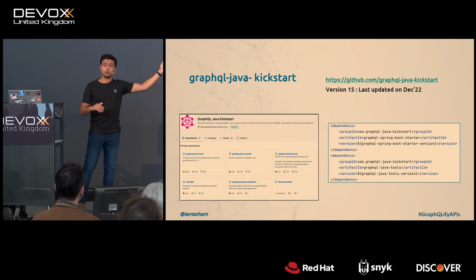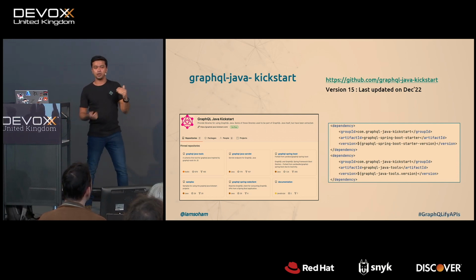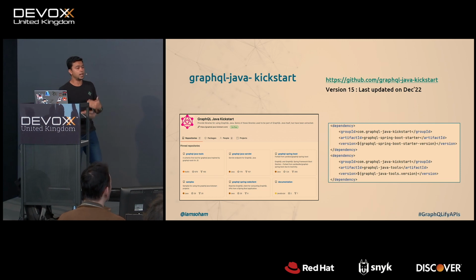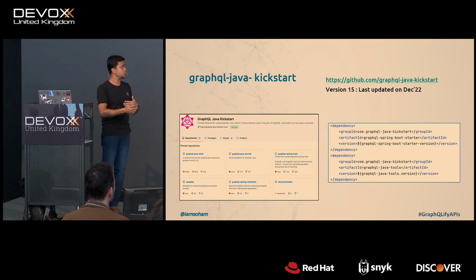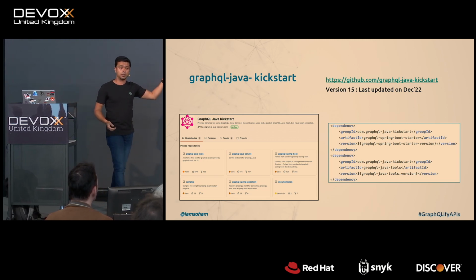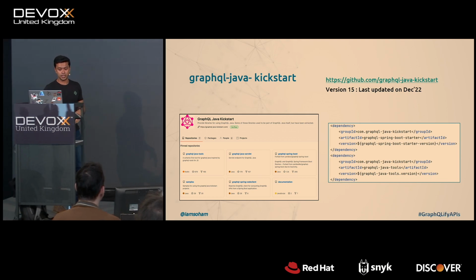How to use it? You need to have two dependencies. Actually, the first one is more than enough. But if you actually have different scalar types or different data types which you are reading from the schema, then you might need a few more dependencies. The community is active there. They have a very good documentation page. The GitHub is very much updated, so you can check it out.